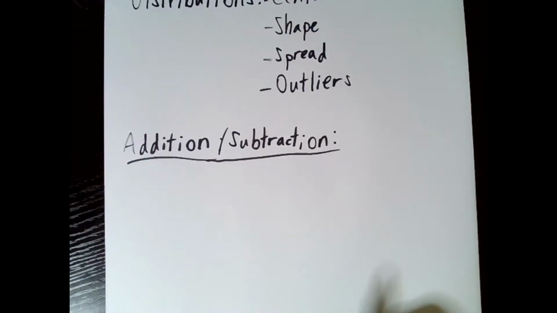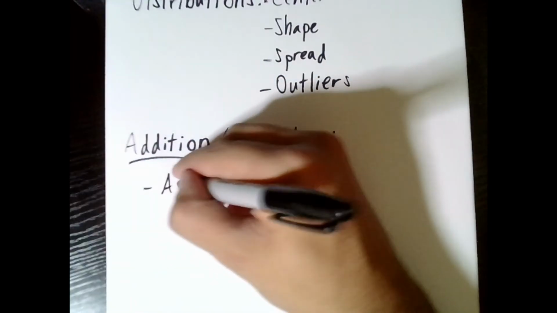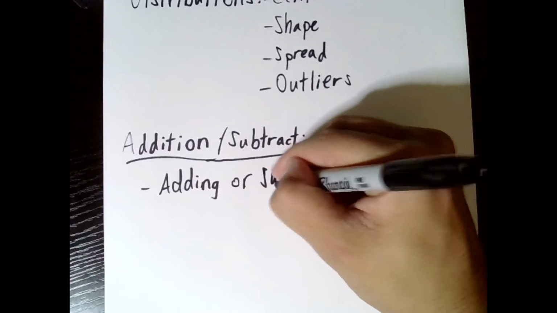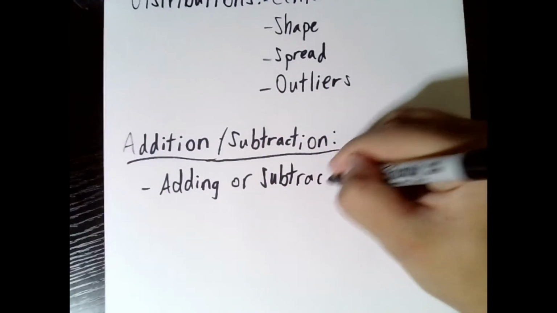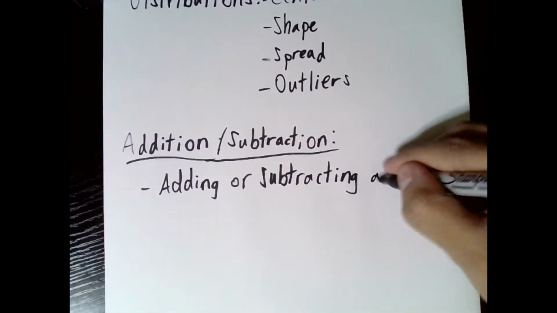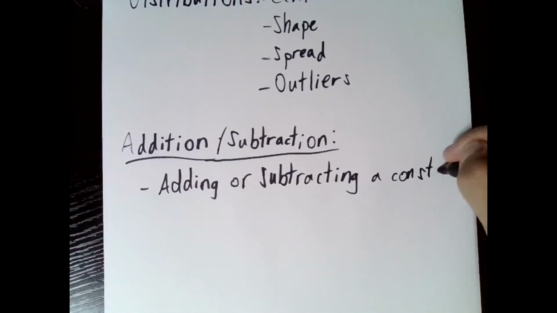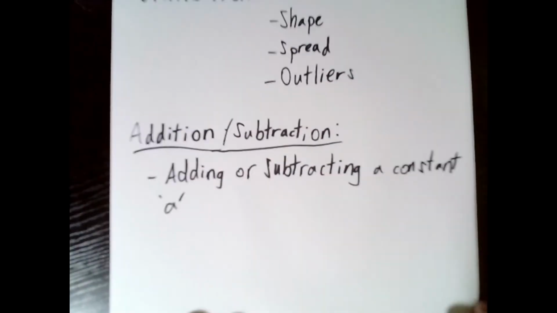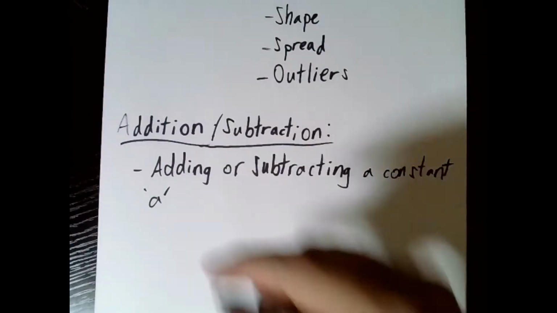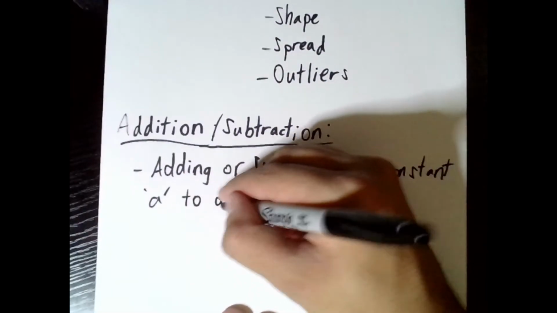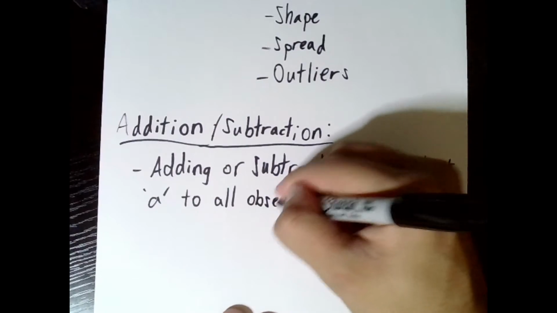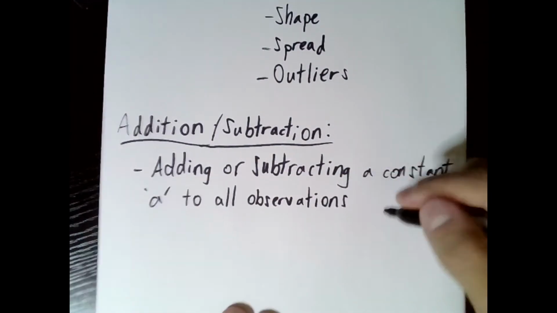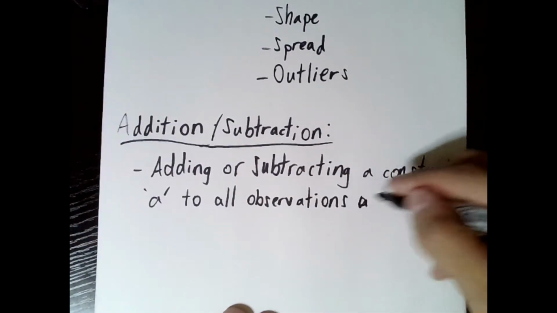So adding or subtracting a constant, we'll call it "A," adding or subtracting a constant A to all observations of a distribution or in a distribution